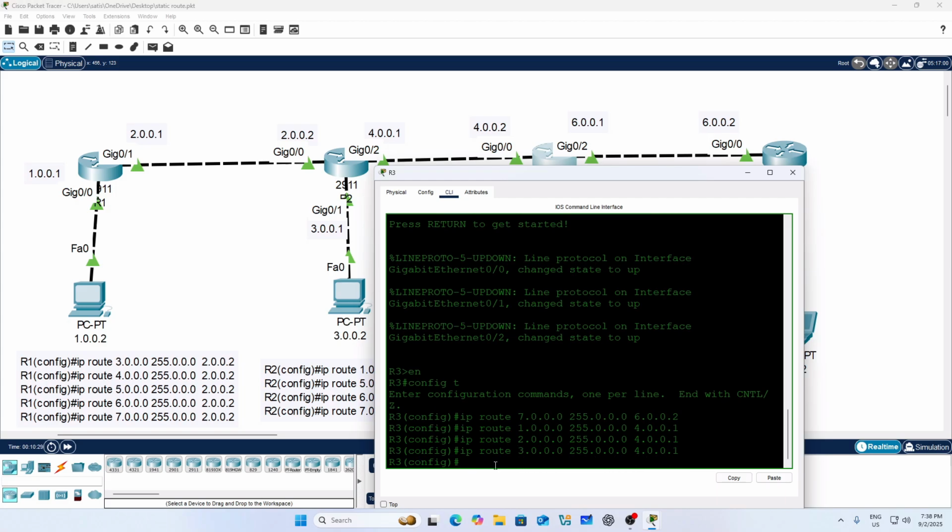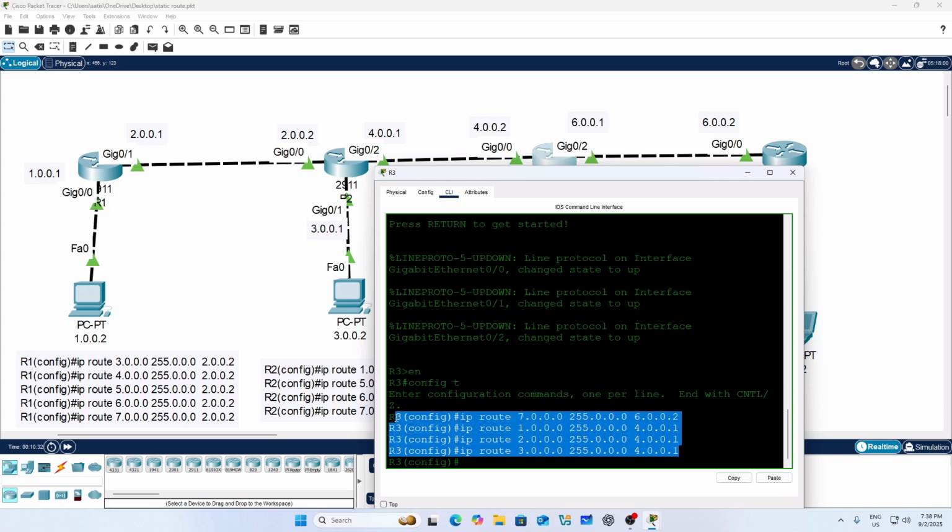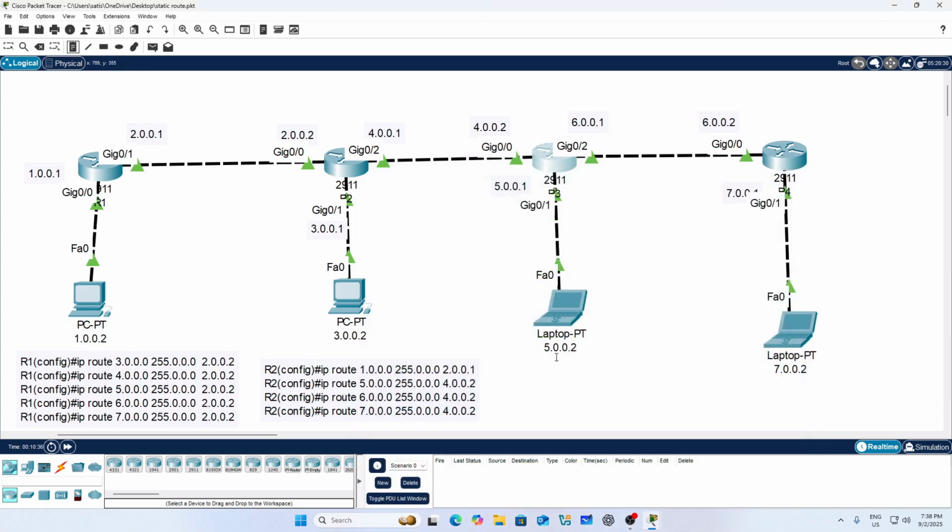For 1, 2 and 3 the routing will be the same. Just copy the code and paste it here. This is optional. I am just copy pasting so that you can see the codes even after the lab.